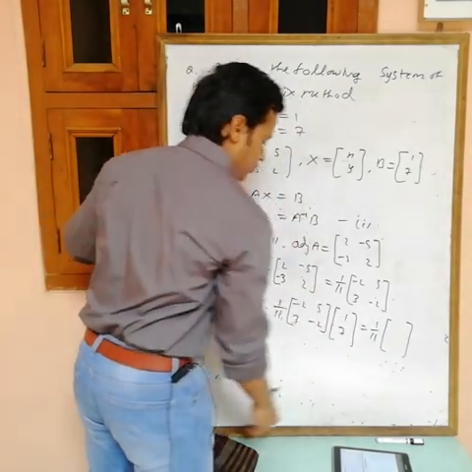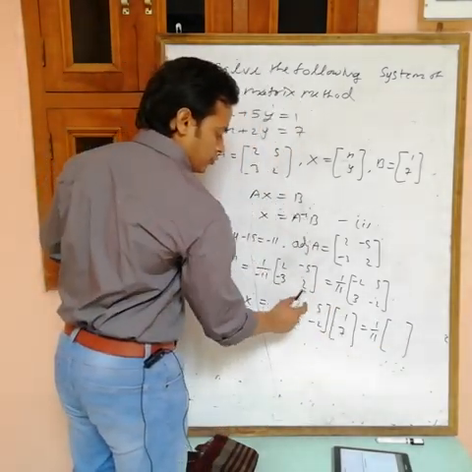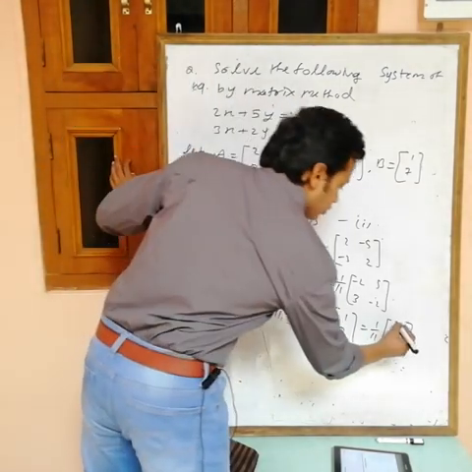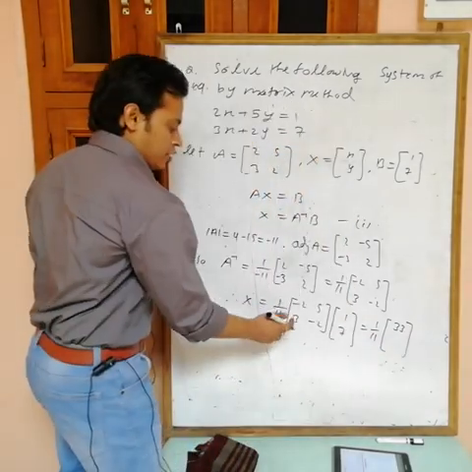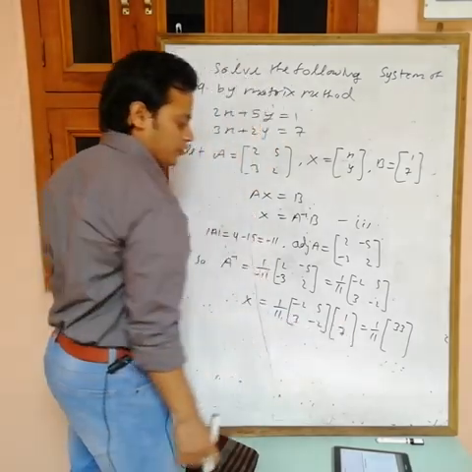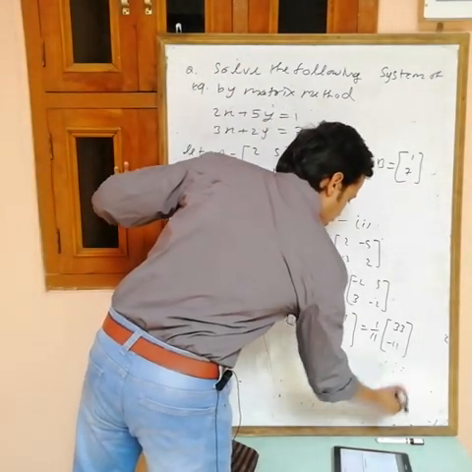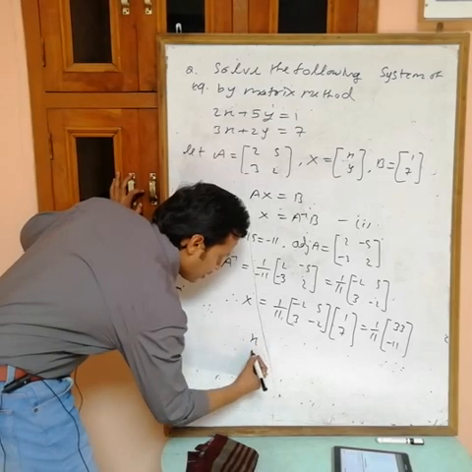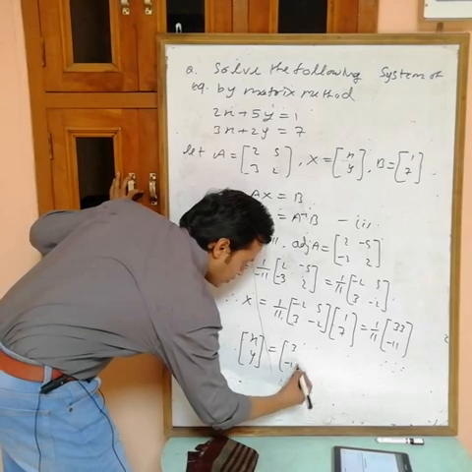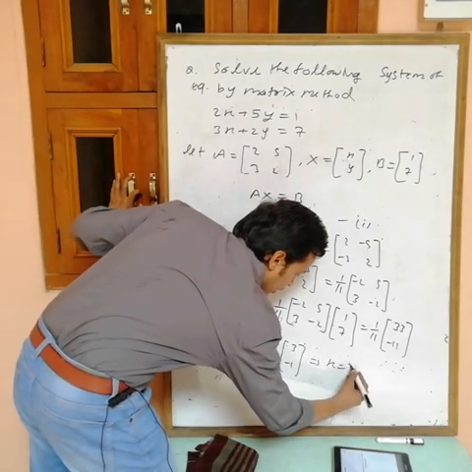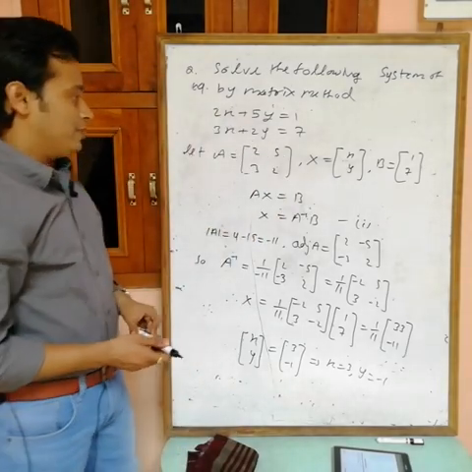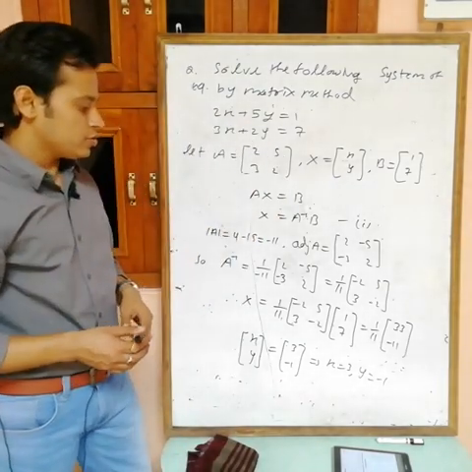So P11, first row, first column, minus 2 and plus 35. Then what are we getting? 33. Then for this one, second row, first column, 3 and minus 14. So minus 11. X is x, y. Divide with 11, what are we getting? 3, minus 1. So from this we get x equals 3, y equals minus 1. So we can use the matrix method to solve it.